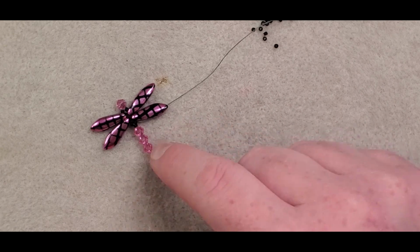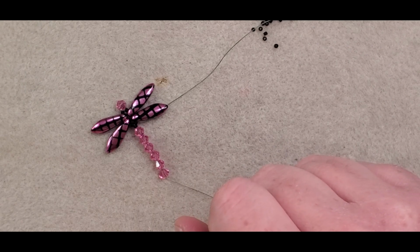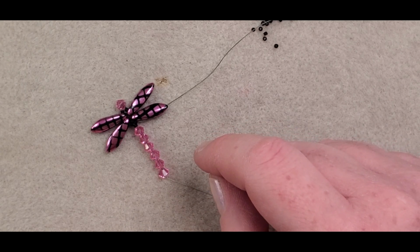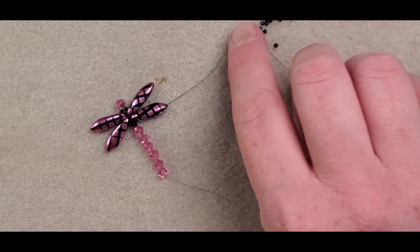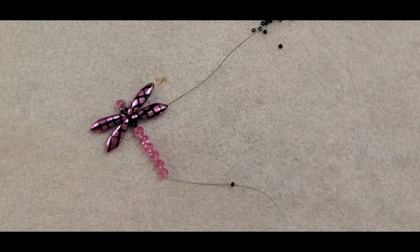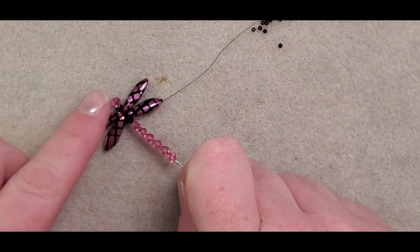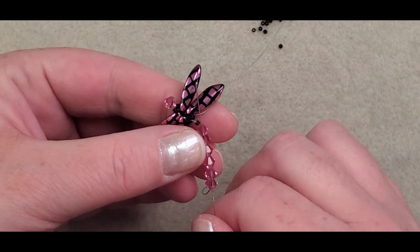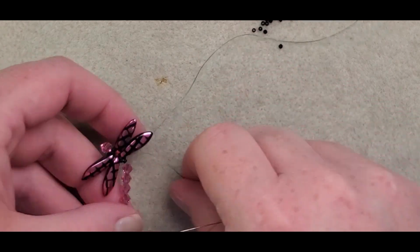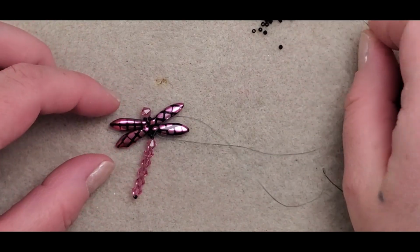I mean, you could even do five if you wanted to. It's up to you. What does five look like? I'll do six. And then I'll put on one more 15. I'm going to skip the 15 and go back just through the crystals. So this is about where I was when I messed up the first time. Okay, so just through the crystals, and I'm just going to pull that up there so it's tighter. There we go. And then I'm going to put on another 15,